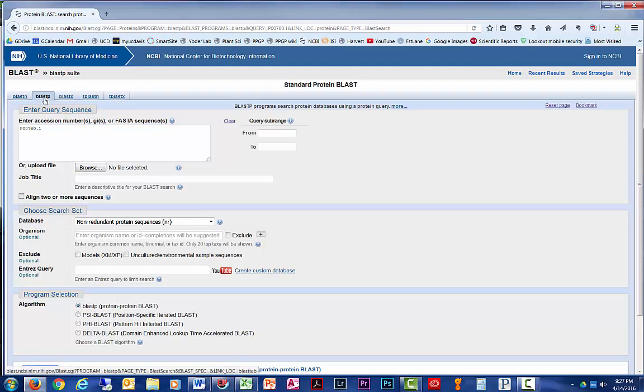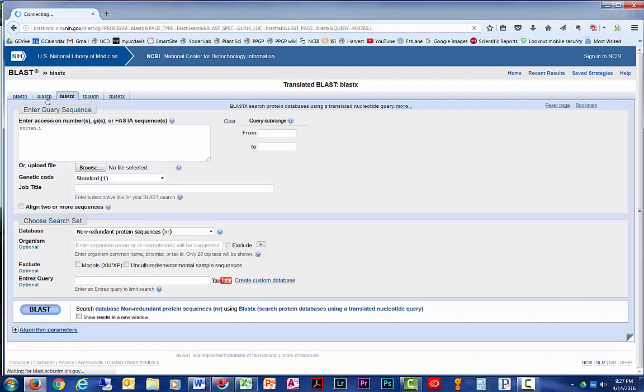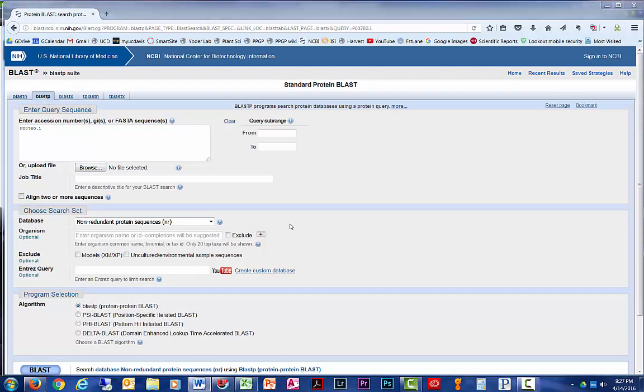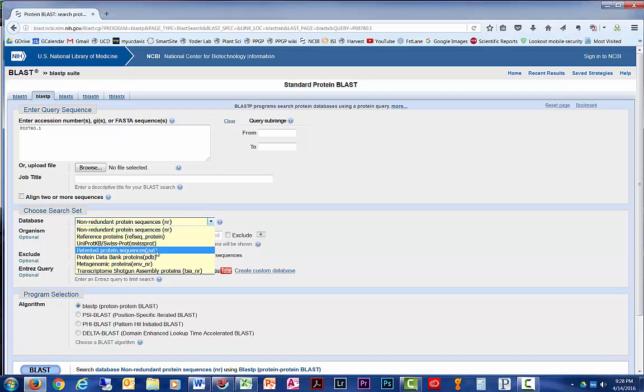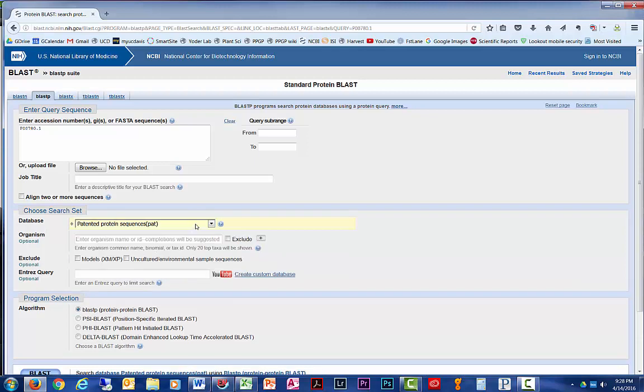The program is automatically set to BLAST-P because we came in through the protein database, but the other BLAST functions are also available through these tabs, and it will keep the same accession number so you can use the same sequence to search multiple ways. The next thing to decide is what database to search. The default on these programs is non-redundant protein sequences, which means anytime anyone has sequenced a protein and submitted it to GenBank or NCBI, that sequence is there. We're going to use a trick for this homework assignment, and we're going to look at patented protein sequences. So we're only going to look at sequences that have actually been